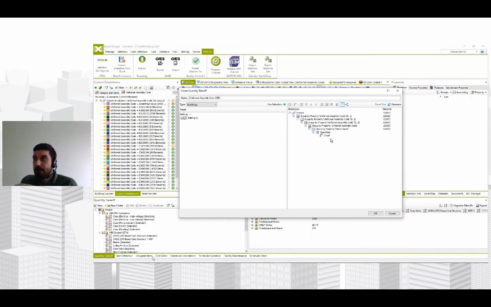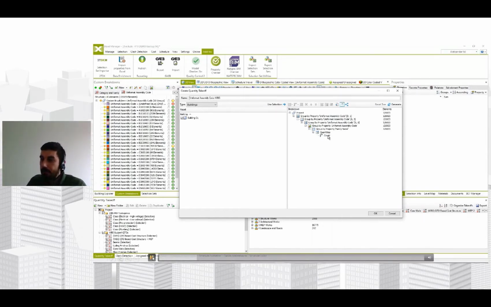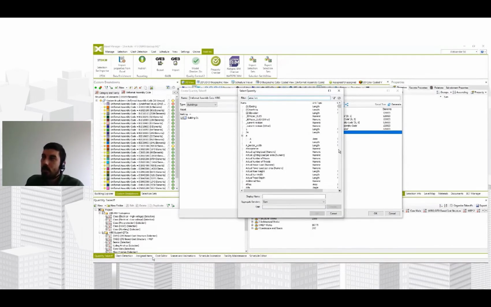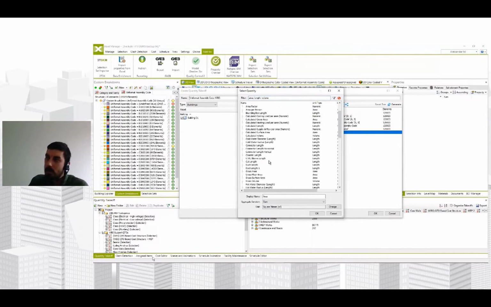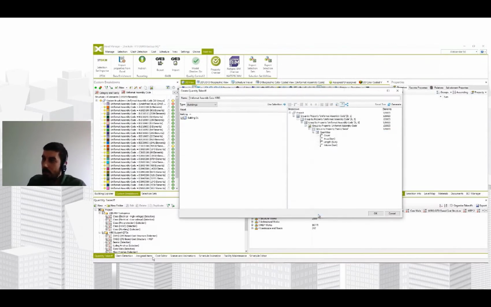So this could help us to mimic a system of Uniformat plus MasterFormat combination, where instead of MasterFormat, we can use family name, something that is present in every model in the world, to differentiate different activities within the same group of works, the same category of the Uniformat in this case. Of course, in this work breakdown structure, you also have the ability to add quantities,